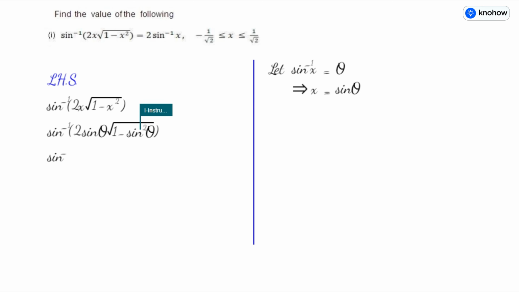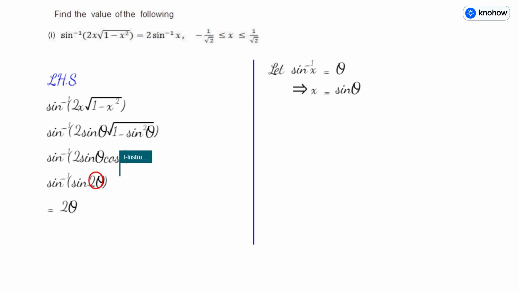2 sine theta under root 1 minus sine square theta. What is under root 1 minus sine square theta? 1 minus sine square theta is cos square theta, under the root it is cos theta. So I may straight write 2 sine theta cos theta. Now do you recollect the 2A formula? What is 2 sine theta cos theta? It is sine 2 theta. You know sine 2A is 2 sine A cos A. So sine 2 theta. And now sine inverse of sine 2 theta is 2 theta, provided